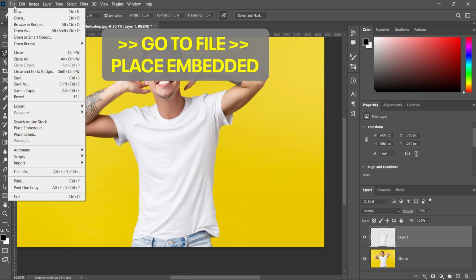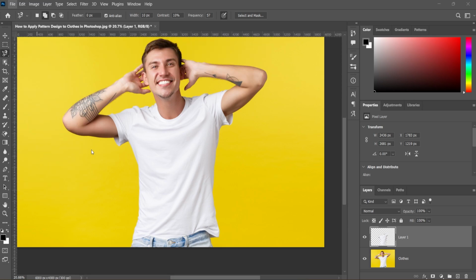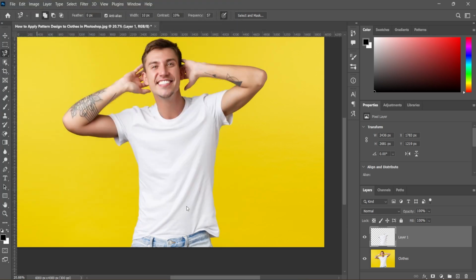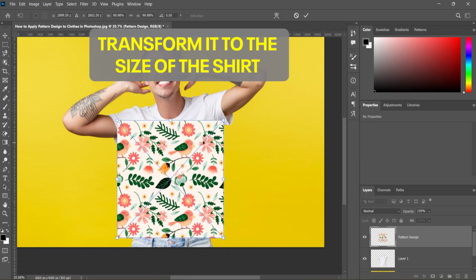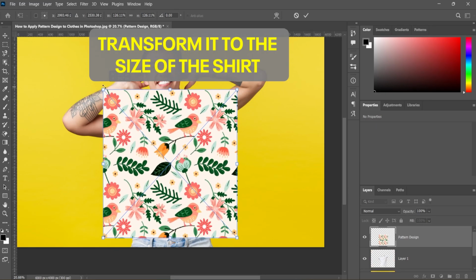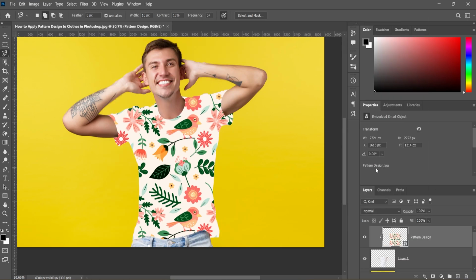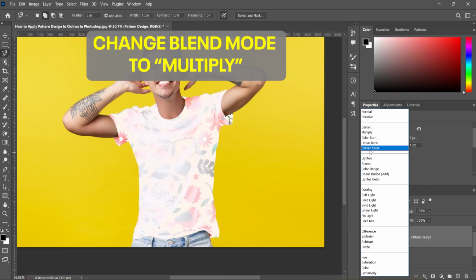And after that, go to File, Place Embedded and import the design, and transform it to the size of the shirt and hit OK. And create a clipping mask and change that blend mode to multiply